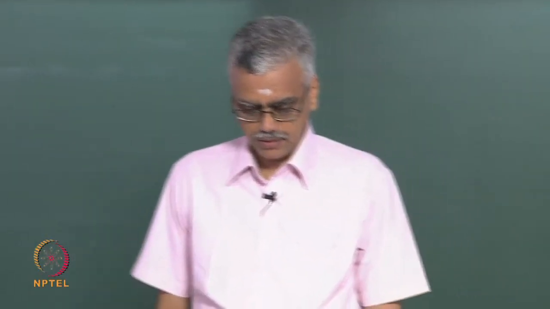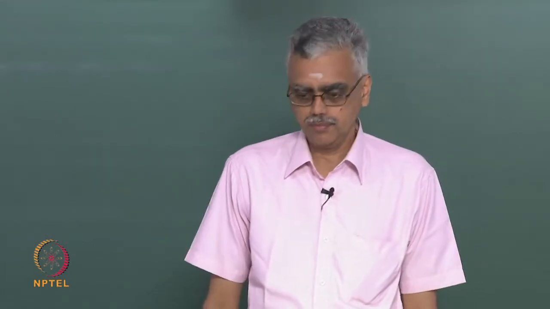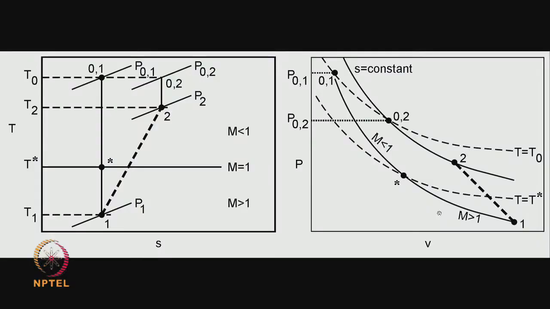In the previous class, we looked at depicting the normal shock solution on TS and PV diagrams, and these are the two diagrams that you are looking at. The state 1 here is the state ahead of the normal shock, and state 2 is the state behind the normal shock. This is illustrated on a TS diagram here, and we illustrated the same thing on a PV diagram. Again, state 1 denotes the state ahead of the shock wave, and state 2 denotes the state behind the shock